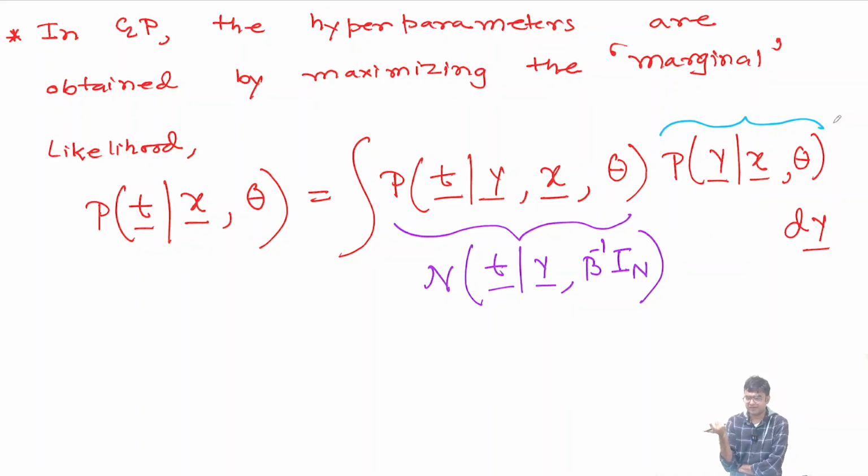Y given x is the prior, right? I did not write given x, but we know that the kernel was x comma x prime, so it was actually y given x. So this is a prior, right? Now, can you tell me? I've given a very big clue. This is the prior. What will be this distribution? Gaussian